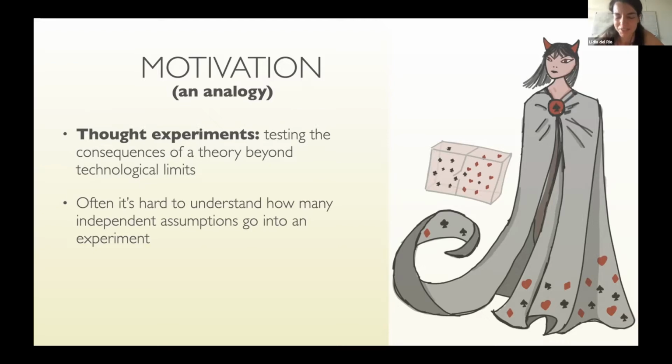We fail to identify some assumptions. So for example, in the case of Maxwell's demon, right? This idea of, oh, there's this small being that can observe the direction and velocity of every particle, and then opens a door for free in the middle of this compartment of a gas, and therefore can create these two regions, one that's hot and one that's cool, violating the second law of thermodynamics, right?